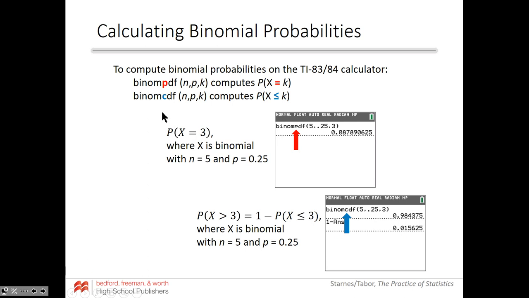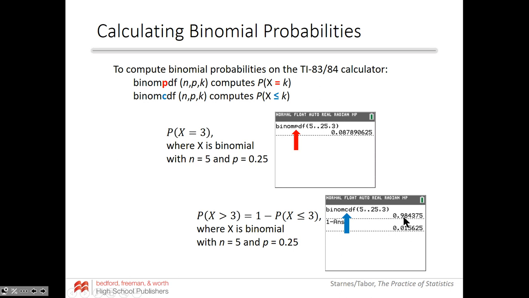On the other hand, the second question that we looked at was, what's the probability that you have more than 3 kids with type O blood, right? That would be a CDF, because you want to accumulate area. So we want the probability that X is greater than 3. Well, a binomial and a normal CDF only give you the area below a certain point. So if you use the binomial CDF function on the calculator, and again, n equals 5, probability of success p is 0.25, and k equals 3,